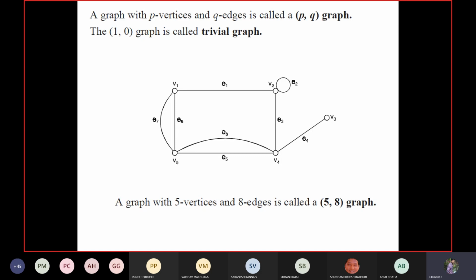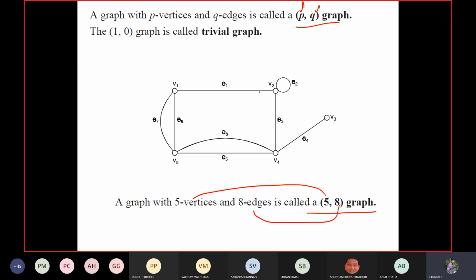Yes. So next one is, sometimes the same graph is also called a P comma Q graph. P comma Q graph is nothing but here P represents the vertices, how many vertices are there in the graph. Here Q represents the number of edges in the given graph. For example, you can consider this graph. Maybe sometimes they can give a 5,8 graph, which means 5 vertices will be there and 8 edges will be there. That is the definition of a P comma Q graph.